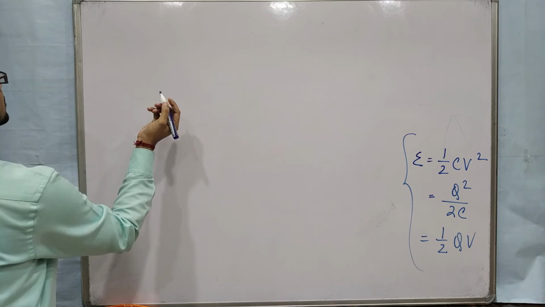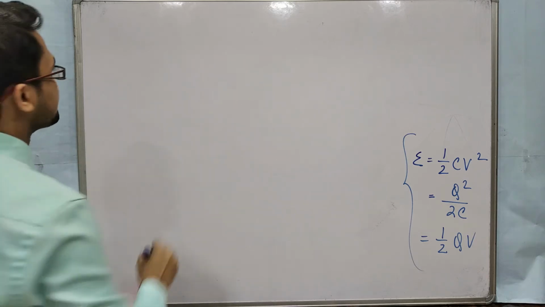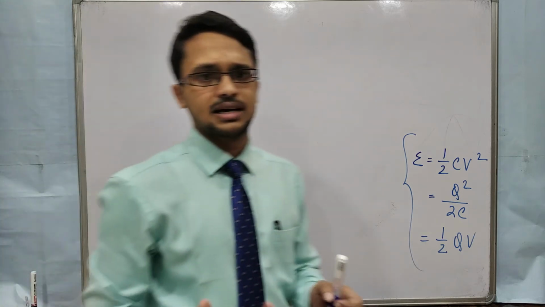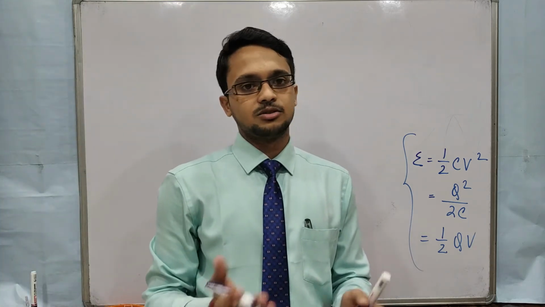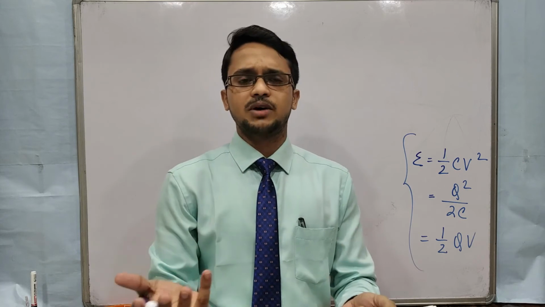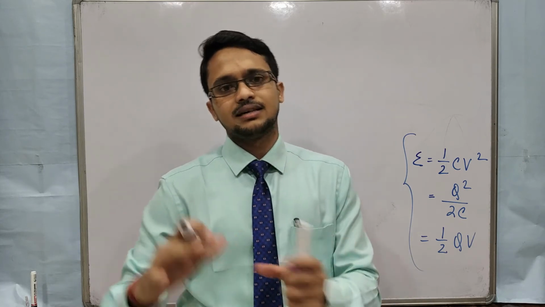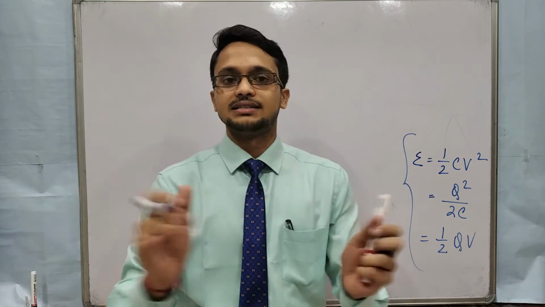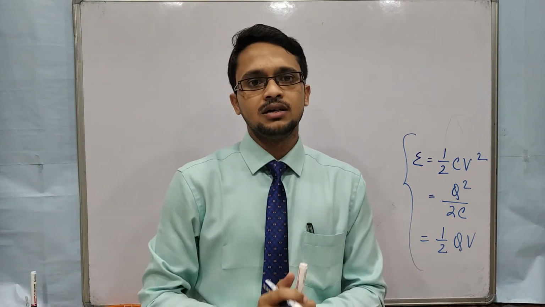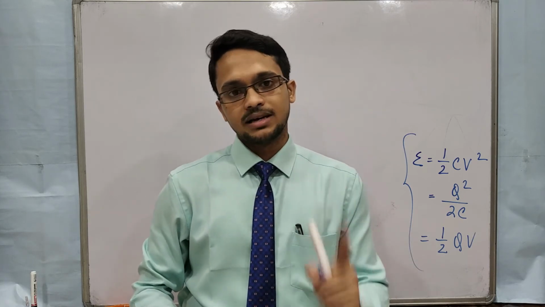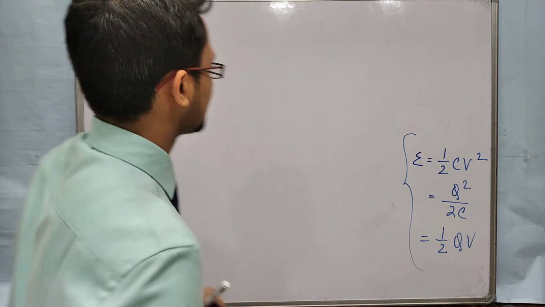So suppose there are a few capacitors. One combination you can use is series, another is parallel, and there are a lot of other combinations: a few in parallel, with the rest of the capacitors in series. There are a lot of combinations, but in one combination you will get the maximum amount of energy stored. So what will be that combination?